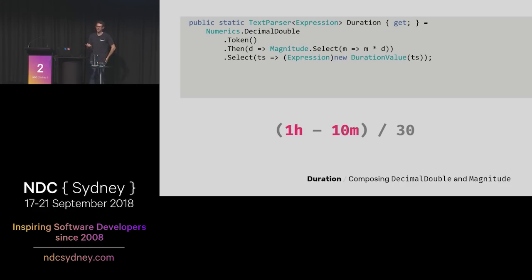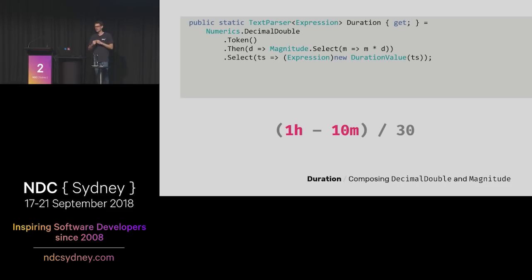Once we have magnitude, we can start to parse durations. And in this instance, we use the decimal double parser. And it matches the numeric part. And the name is awful, but the name comes about because the library of parsers we're using has parsers that simply match a span of text with names like decimal. And then there's a lot of variants for some of them for efficiently turning that span of text into a particular .NET type. There is decimal, there's decimal double, there's also decimal.